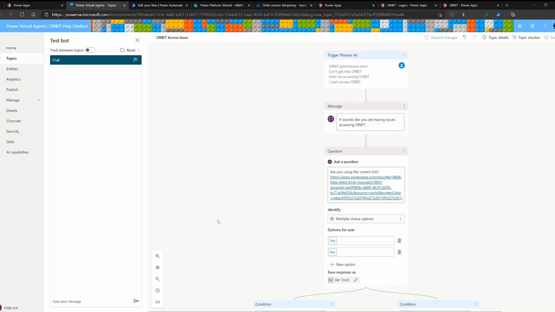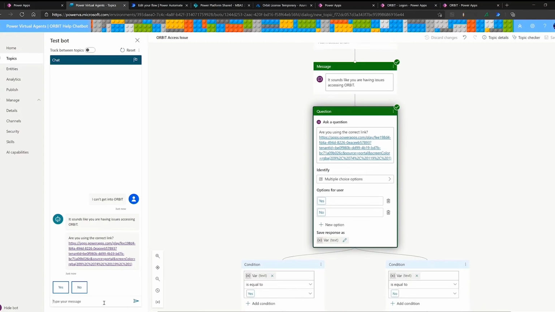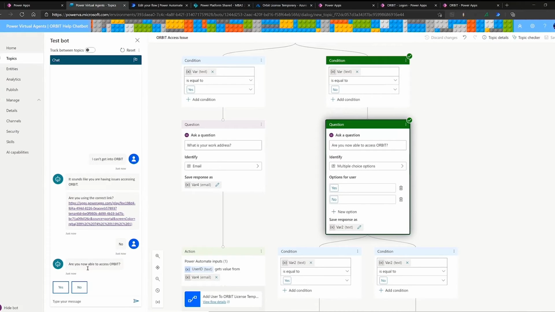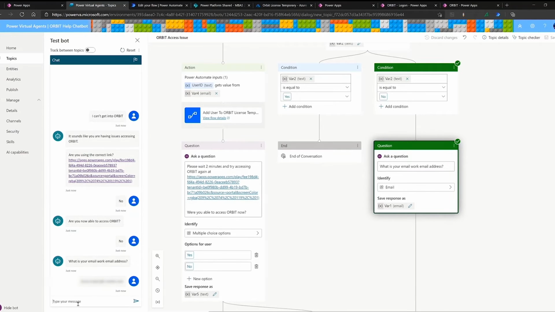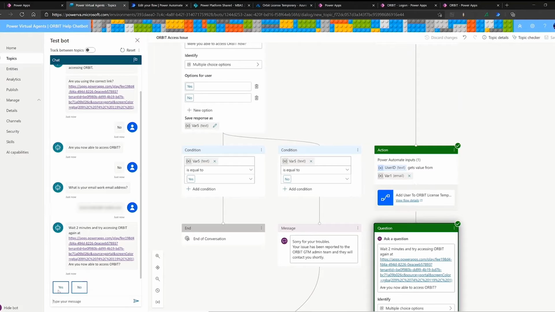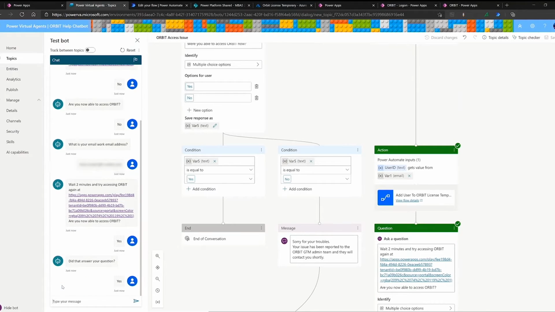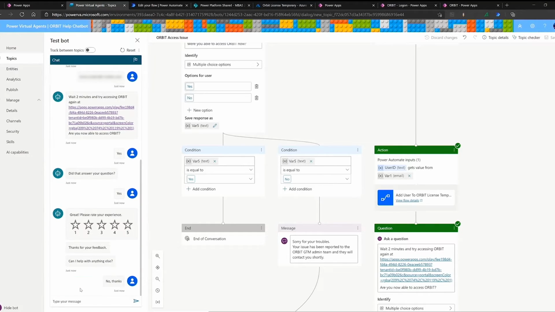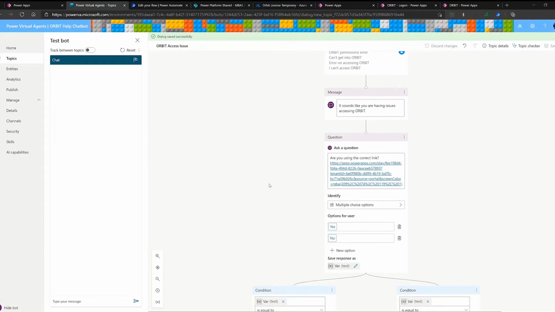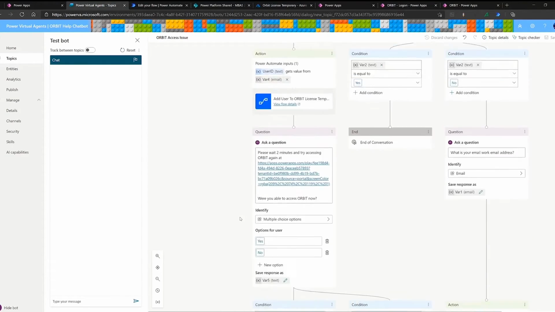Let's take a look. Starting from the Power Virtual Agent canvas, I begin by sharing my problem with the bot. It first makes sure I'm using the correct link for access. However, the issue was not fixed at the first stage. The bot then asks the user to provide their email, and then it triggers a cloud flow in the background using Power Automate, which automatically adds the user email to the right access group. Now the user will have access in just a minute and will be able to start using the in-flight app.